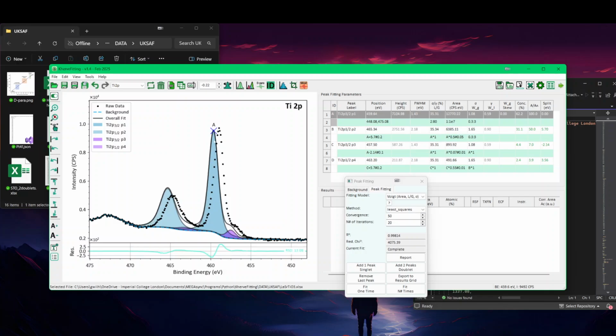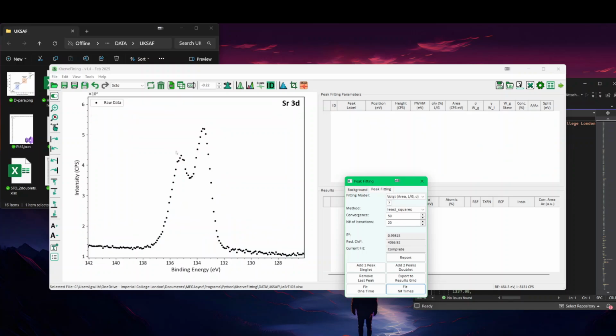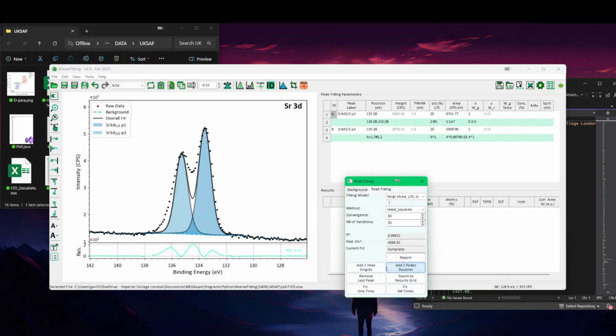Okay. And if I go down, they're also linked. They all go down. And then I can fit it back. And this is simply done very quickly. So if I do the same to Strontium 3D, I can again create a background very quickly, create a doublet,